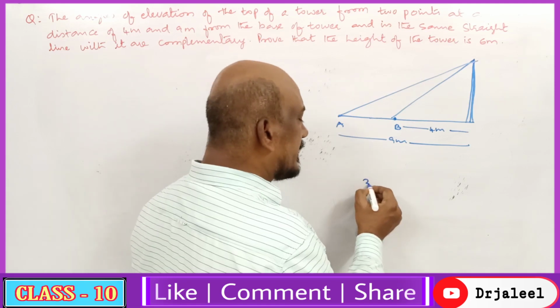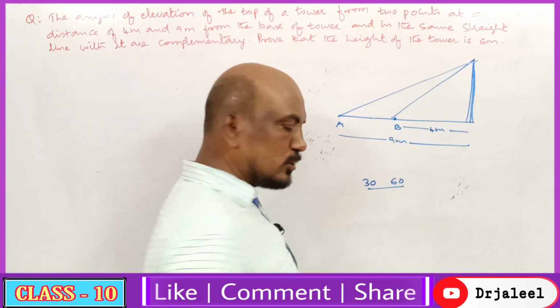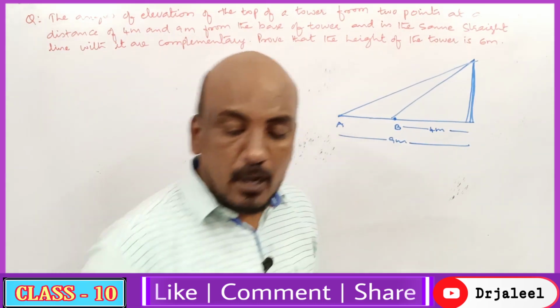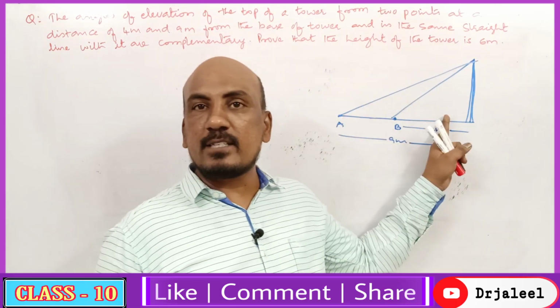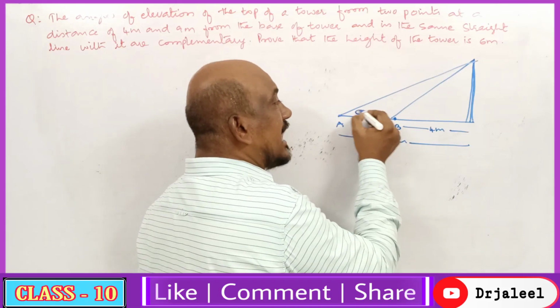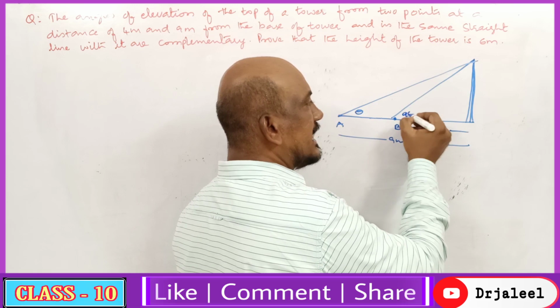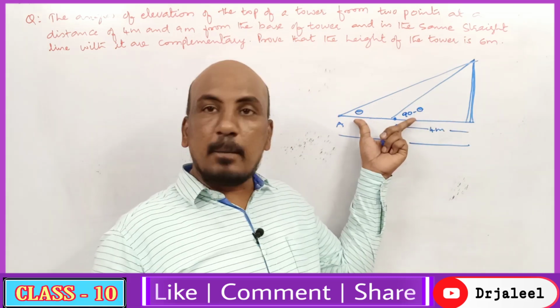So what is the complementary angle of 30? It is nothing but 60, because both together will give us 90 degrees. Likewise, what is the complementary angle of 40? 50. So if one is 40, another one is 50. If one is 80, another one is 10. Like that. If one is theta, what is the other one going to be? Simple. 90 minus theta. As I said, both are complementary.